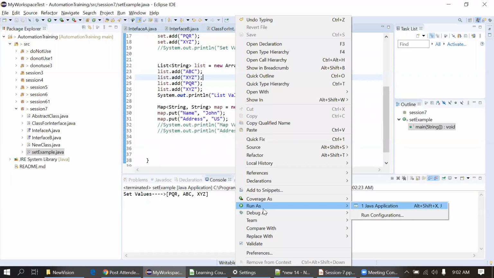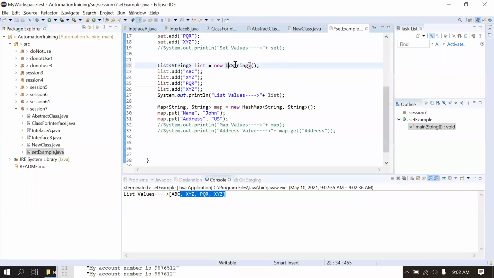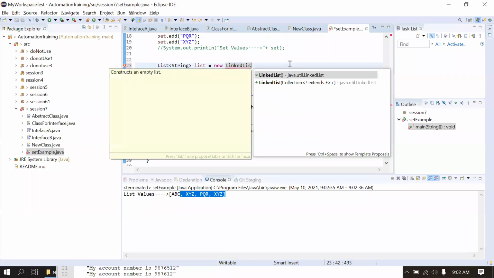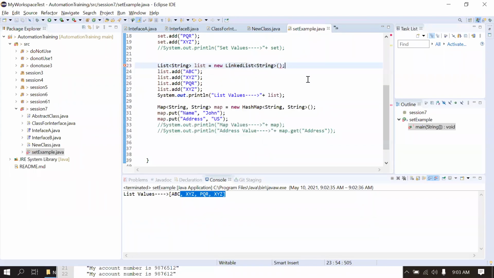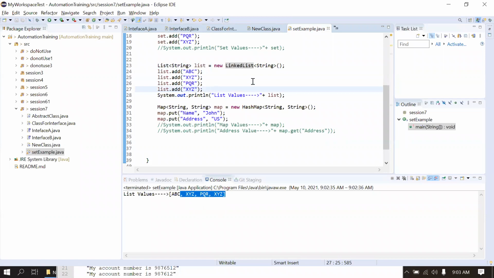If you want to follow the order, we can use linked list. Now here you are seeing the list in the proper sequence, but in some cases you won't get this sequence. So basically you can use the linked list instead of this array list, like this. So this will sort out your problem. If you use this linked list implementation, every time you will get this in sequence. Now there are only four values, so you are getting this in the proper sequence. But if you use linked list, there is surety you will get everything in sequence only.